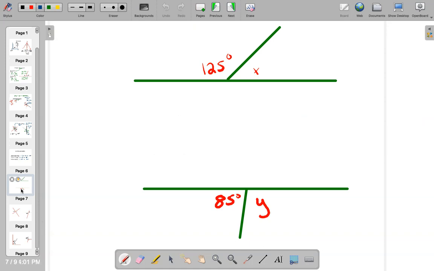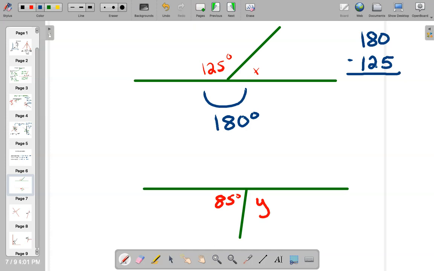So these first two examples are supplementary angles, but they're also straight angles because this down here is a line. And a line has to add to a total of 180 degrees. Therefore, for this first problem, if I did 180 degrees minus 125 degrees, that would give me my answer